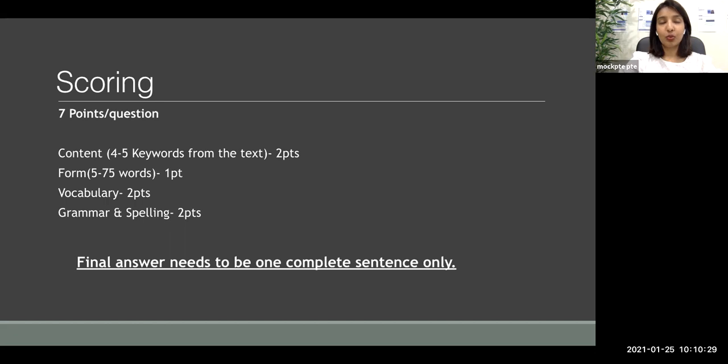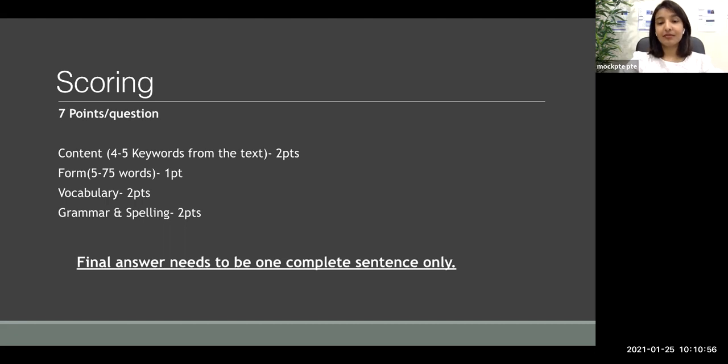That means if you are using was instead of were, is instead of are, all these kinds of mistakes will be deducting your grammar points. You make one grammar mistake, you lose 1 point. More than one grammar mistake, all the 2 points for spelling and grammar will be deducted. So avoid grammar mistakes at all cost, which is the reason why it is better not to write a really long sentence. Keep it simple, but not too short either, around 40-45 words.